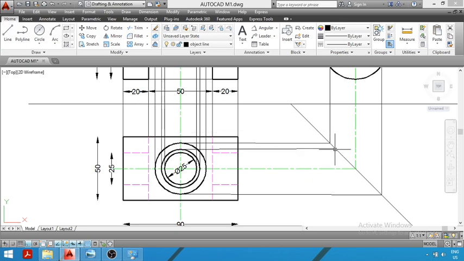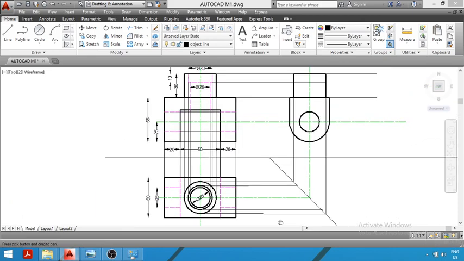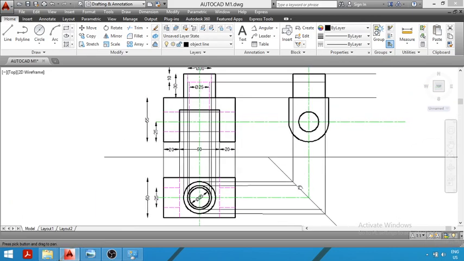So I have projected the first point. Similarly, I will again project the second end point of the second circle. So I have projected this point again, you can see. So what we have done, we have projected the end points of the second circle, that is of diameter 30 mm, on the 45-degree line. After projecting the circle, now we will draw vertical projection lines in the side view. So again from these points we have to draw vertical projection lines up till this point, and then again from this point you have to draw a vertical projection line up till the horizontal projection line.